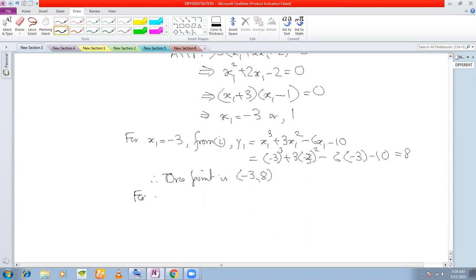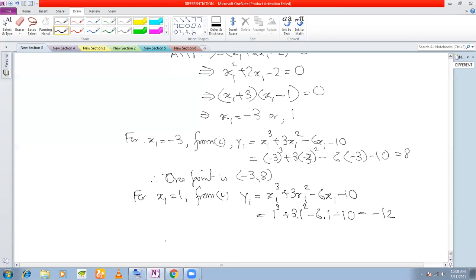So for next value, we take x1 is equal to 1. From 1, we have y1 is equal to x1 cube plus thrice x1 square minus 6x1 minus 10 is equal to, put the value here, 1 cube plus 3 into 1 square minus 6 into 1 minus 10. And the value that you will get is minus 12. So therefore, another point is